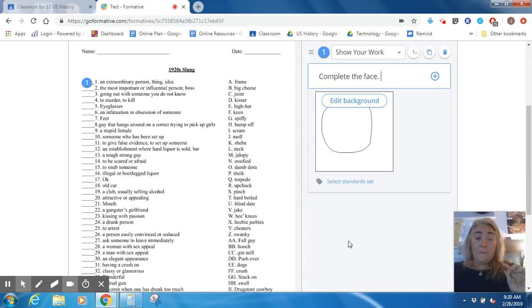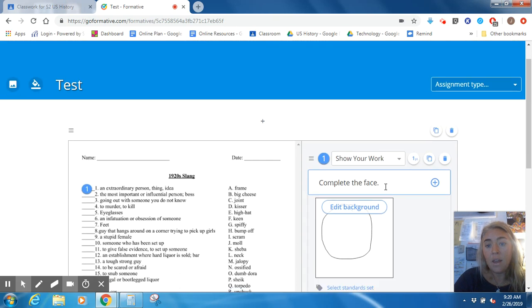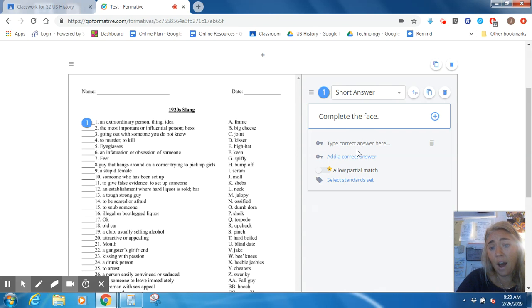Okay, but I think that the show your work one would be especially nice for math teachers or science people or somebody that needs a little bit more flexibility. Sometimes math can be hard to do online because you have to show your work, and it can be difficult or cumbersome to type it in. But I like this option maybe even more for short answer or multiple choice because it will automatically grade that for me. If I do a short answer one, I just want to point out that